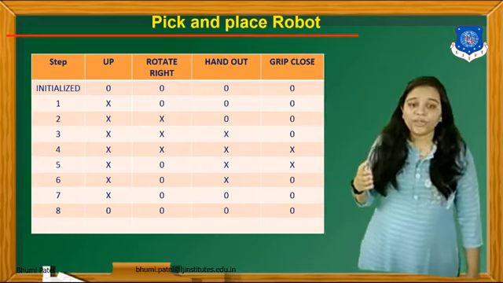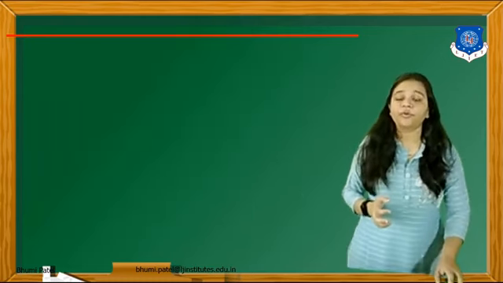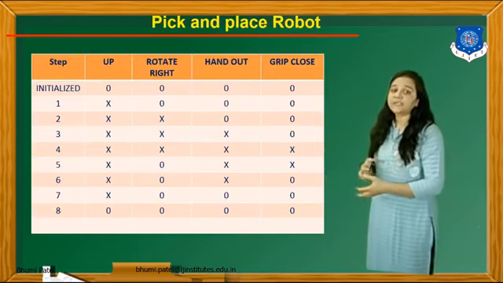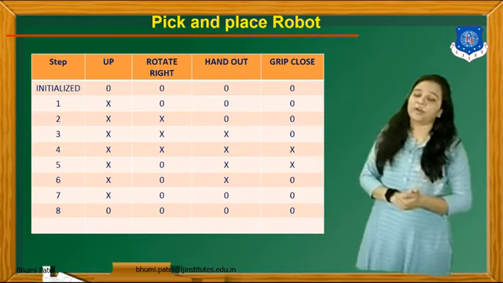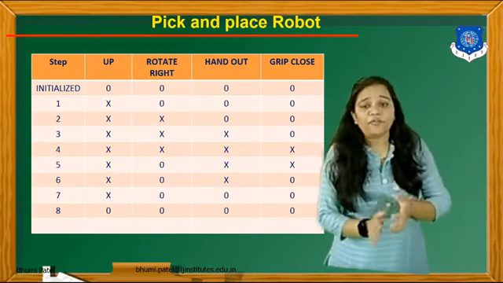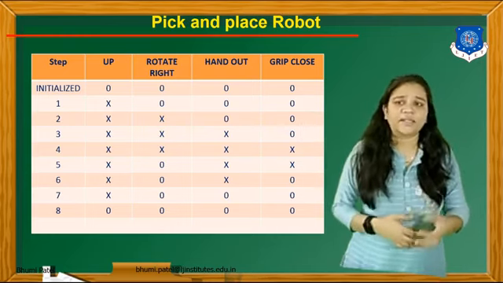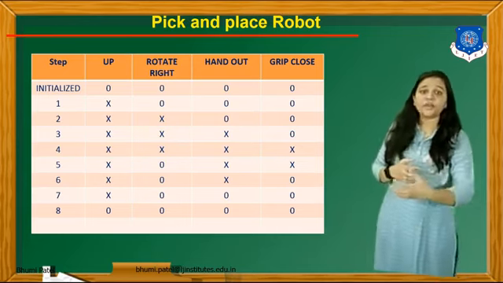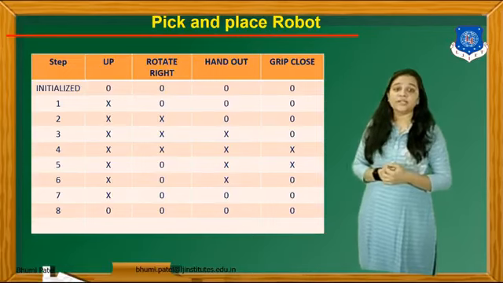So depending upon the different movements of the robot arm, we have to decide the steps and then decide how many tasks will occur for this particular robot. For different applications, the tasks will be different and the steps will also be different. Now we have to implement these tasks in the robot using PLC programming.